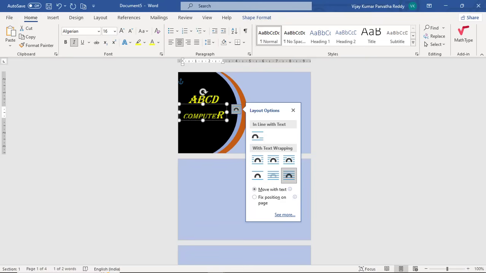Of course R not selected, so that's why R is in the highlight position. So right now I can set equal size as per your requirement, and